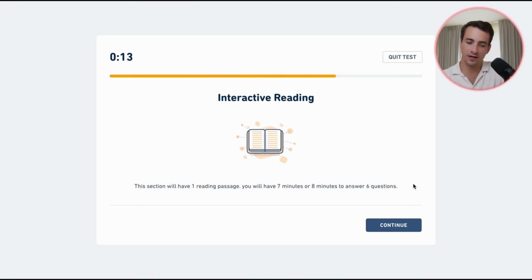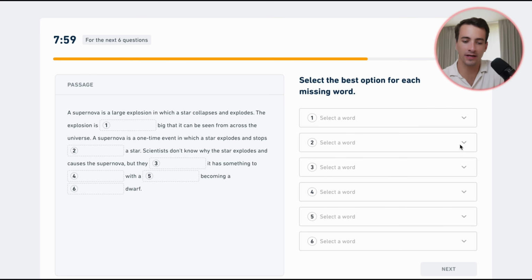All right, we're now done with that section. We're going to move on to interactive reading. So here we're given a passage that we're going to work with. The main thing to know for interactive reading, and by the way, I have an entire masterclass on this, which I will link to up here as well as down in the description, is that you have one timer for